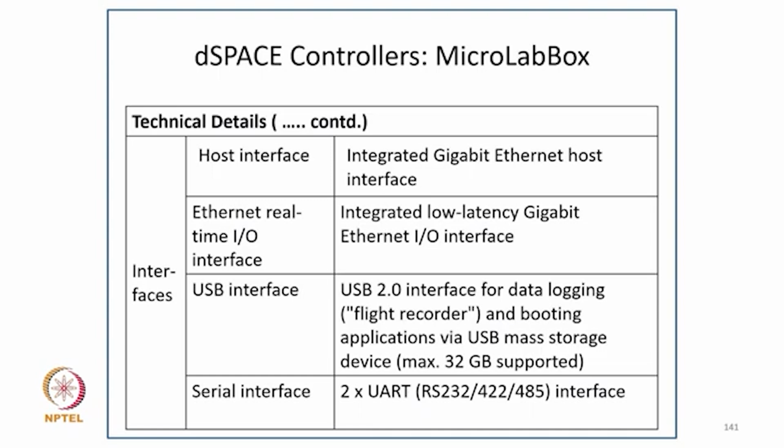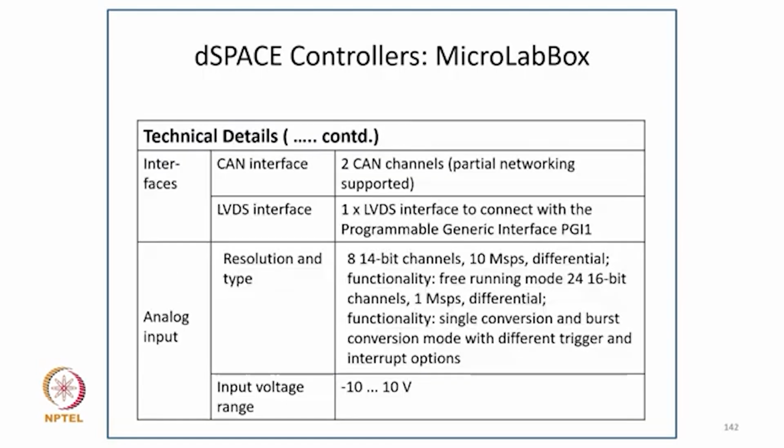And host typical interfaces: the host interface is indicated as gigabit Ethernet interface, and the Ethernet real-time I/O interface is indicated as low latency gigabit Ethernet interface. USB interface is USB 2.0 interface for data logging, flight recorder, and booting application from a USB mass storage device, maximum 32 GB supported. Serial interface is 2 into USART or RS232, 422, and 485 interface. CAN interface has 2 CAN channels, partial networking supported. LVDS interface, 1 into LVDS interface to connect with the programmable generic interface